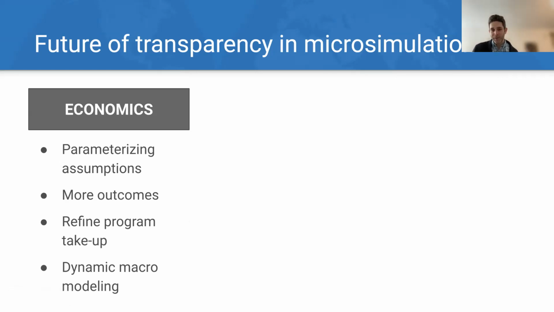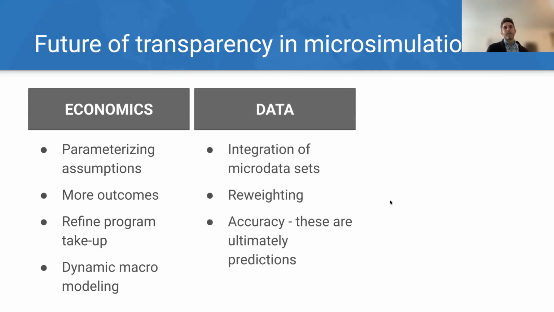Also dynamic macro modeling. So I know Rick Evans is on this call. He's an expert in pairing microdata with macroeconomic overlapping generations models. So we would love to bring that into our model as well. Data. So all the integration of the microdata sets, we're actually just in the process now of building a more unified framework that makes that a little bit more transparent, has more diagnostics about how to do that with machine learning, and same thing with reweighting. So all of those, I sort of show that epics curve that shows how our accuracy improves as we develop the model more. We'd like to make that fully available to others.